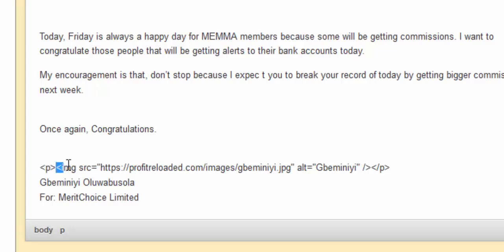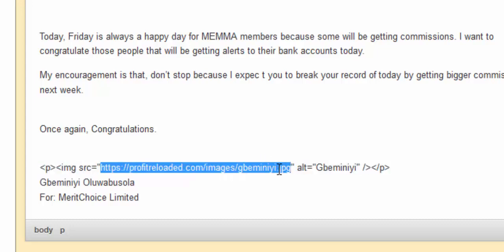Then it's now followed by another one. You see the symbol, another tag. Then we see inside it IMG. IMG is a short form for image. And you now see SRC. That SRC means source. So we have something like image source is equal to, now there is an apostrophe, and then there is this link. This link is what is actually bringing out my image,